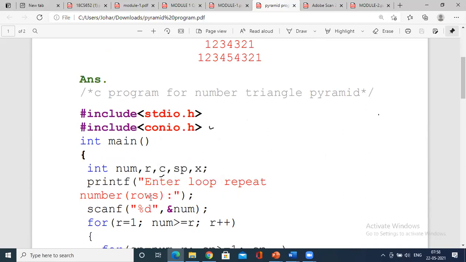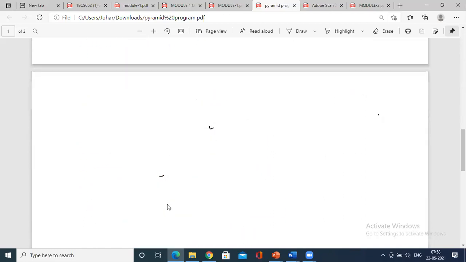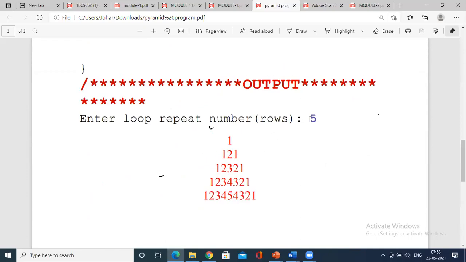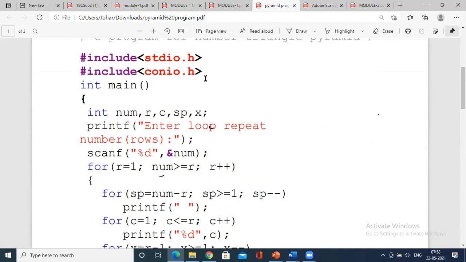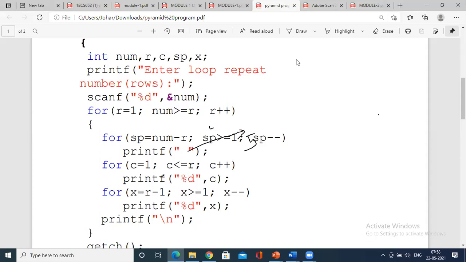So enter the loop to repeat the number of rows. We'll take num equals 5. We can see in the output, we'll take n equals 5. Once you take n equals 5, first for loop: as I said, in num equals 5, initialize r equals 1.